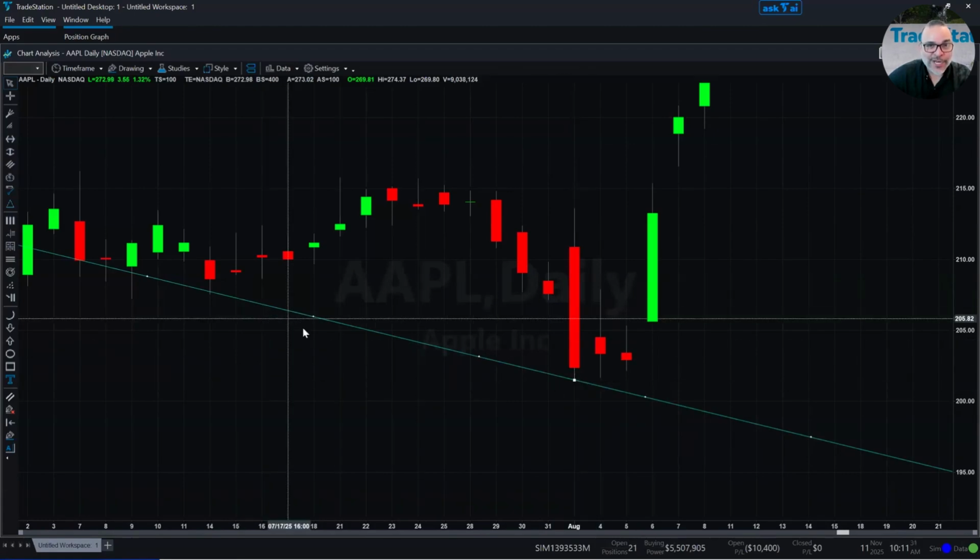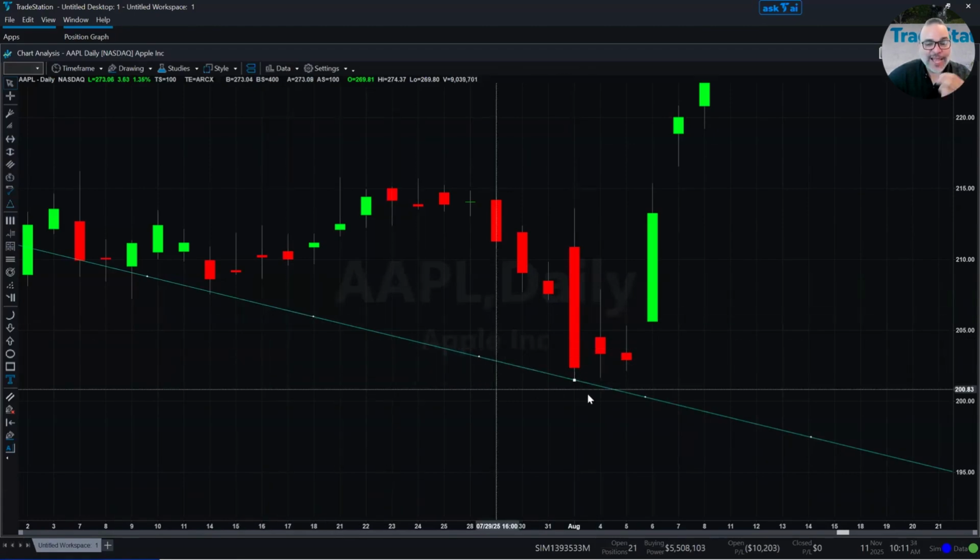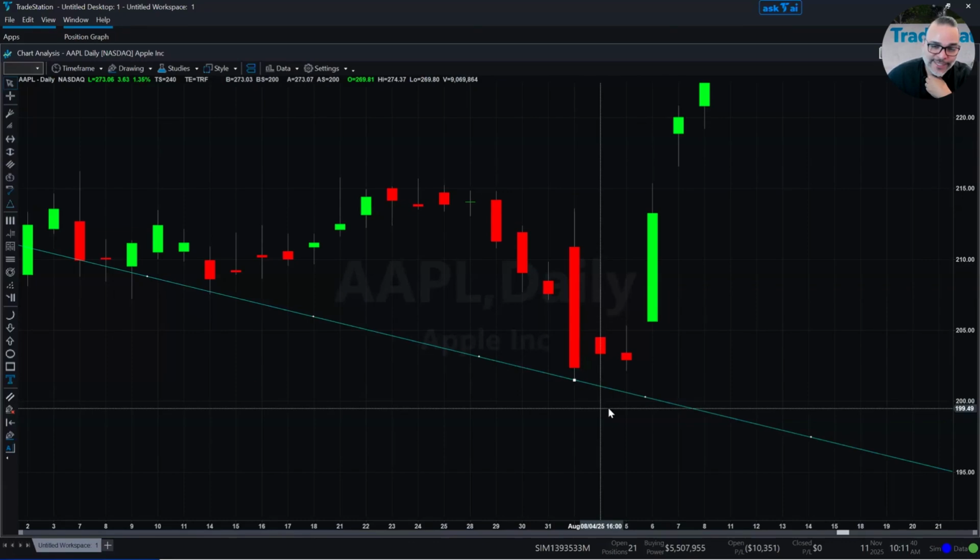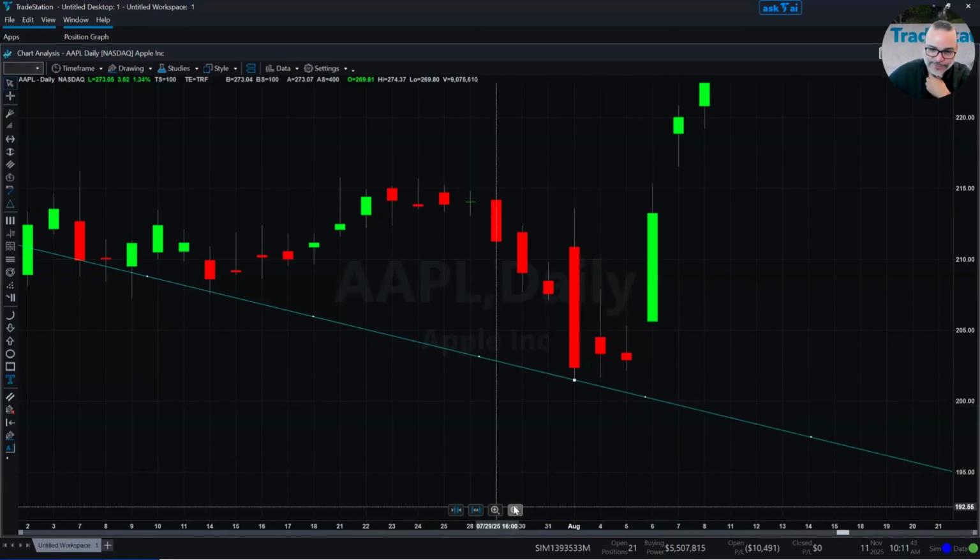It knows that the slope is negative and it has to attach from the highest point on that first anchor to the lowest point on that second anchor. So that's exactly what it's doing. Next,